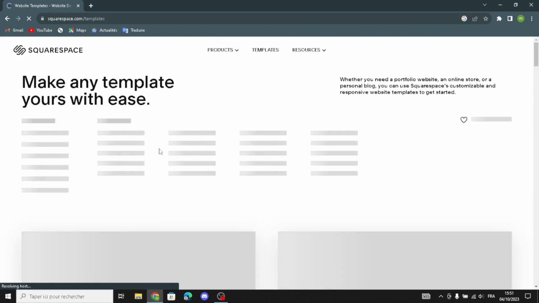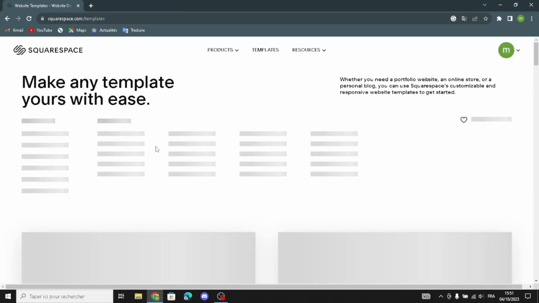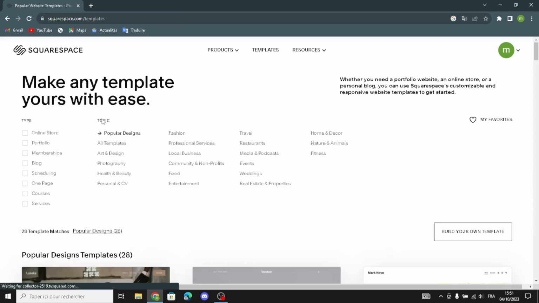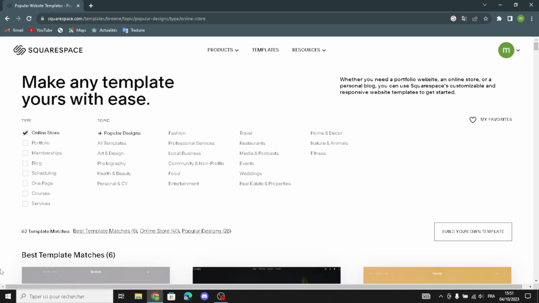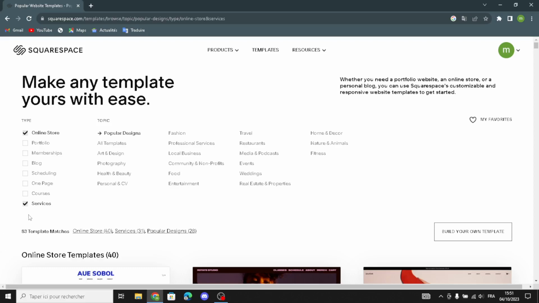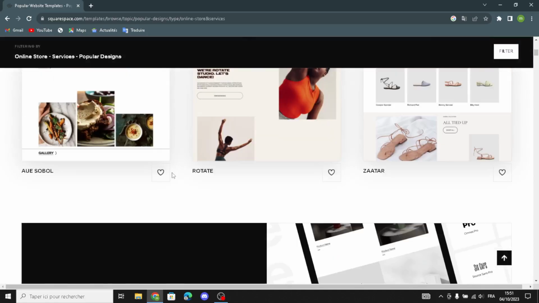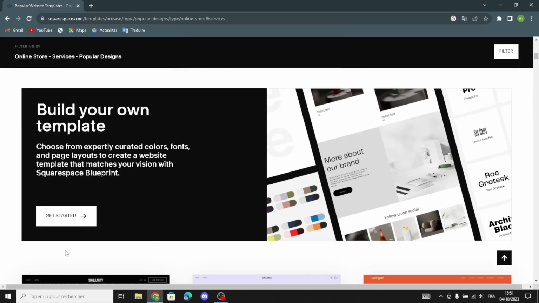Let's go with here. So here you can change the topic and you can change the type. So for example, online store, you can make it an online store for educational tools, and also you can make it services for educational and learning tools. So that's it. Here you can choose any template you want, and if you want to build your own template,